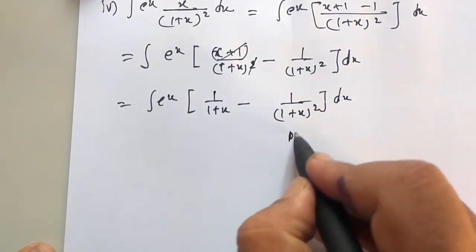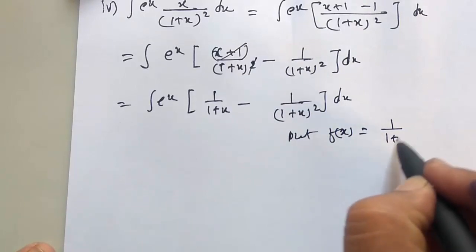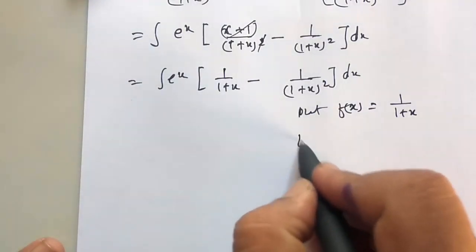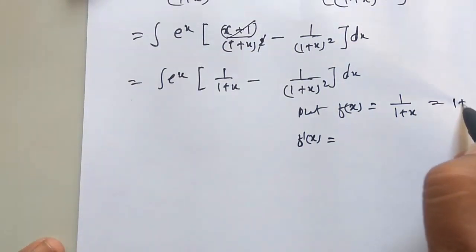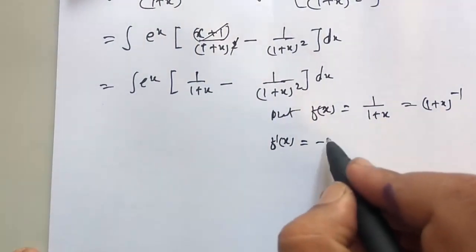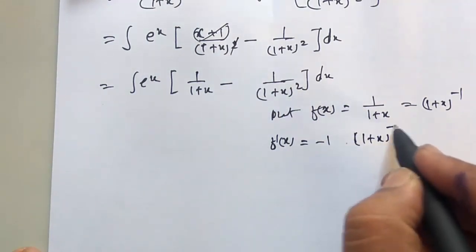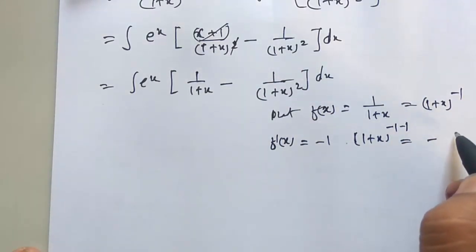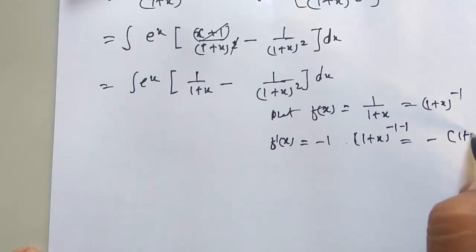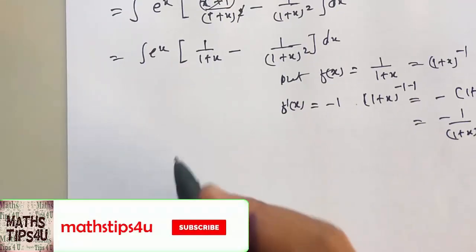If you take f of x is equal to 1 upon 1 plus x, then its derivative f dash of x is equal to (1 plus x) raised to minus 1, so it is minus 1 into (1 plus x) raised to minus 1 minus 1. So this is minus (1 plus x) raised to minus 2. This is minus 1 upon (1 plus x) whole square. It is f dash of x, and therefore